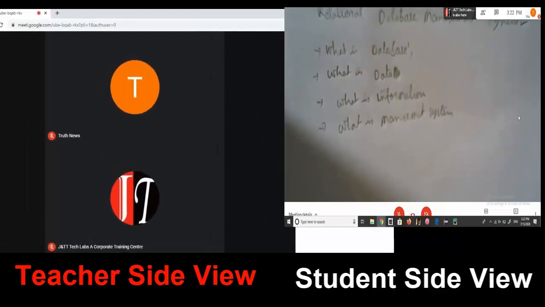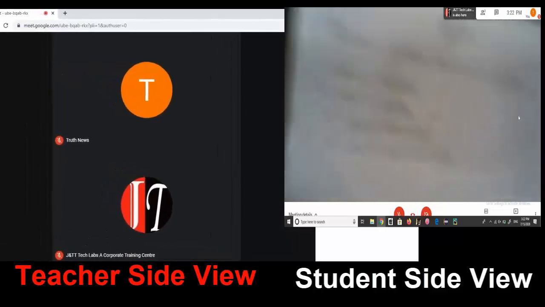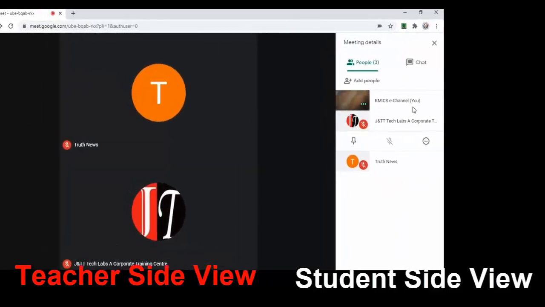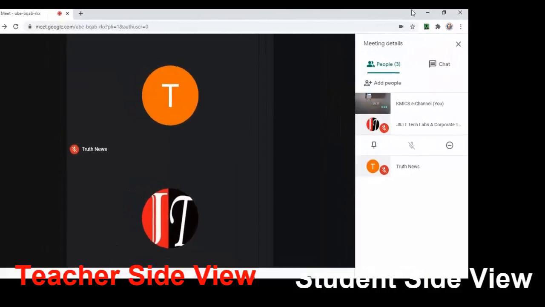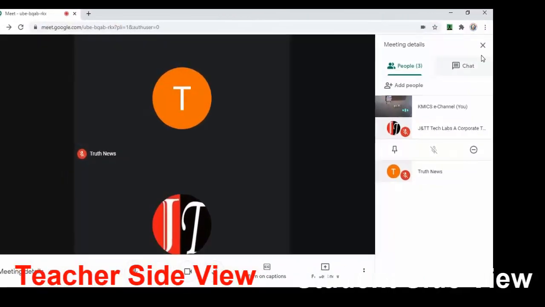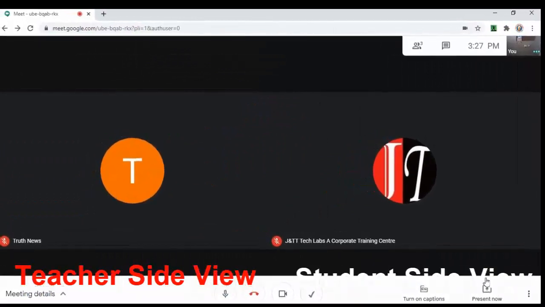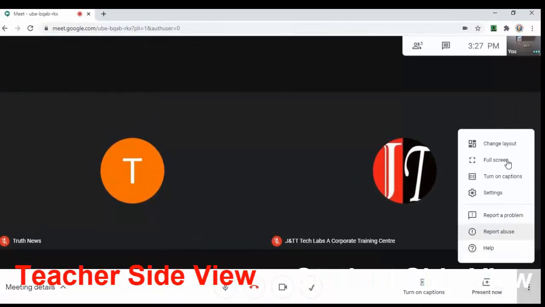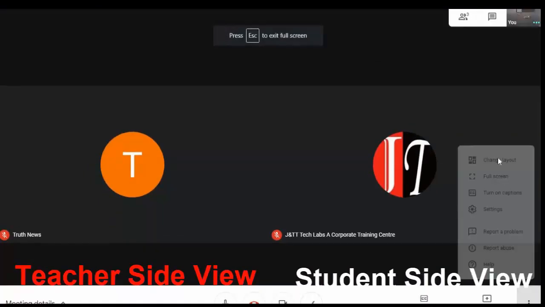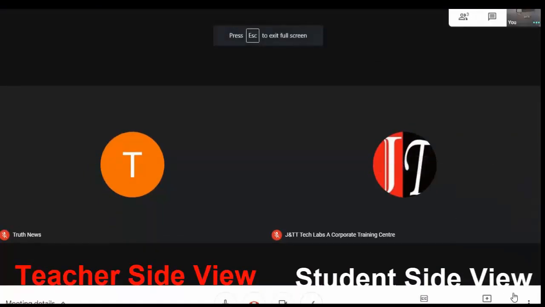Now, coming to this place, after the meeting has ended, there is also the attendance concept. Attendance means how many students joined our class, at what time they joined, and what the duration of the class was. You can maintain these statistics with the attendance extension. The attendance extension will start only once you end the meeting. Otherwise, it won't download the page.